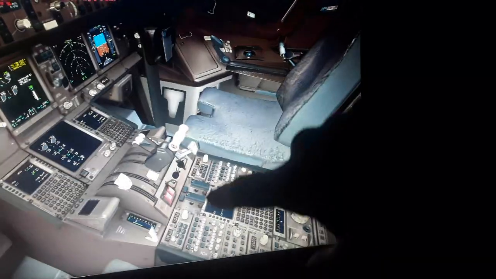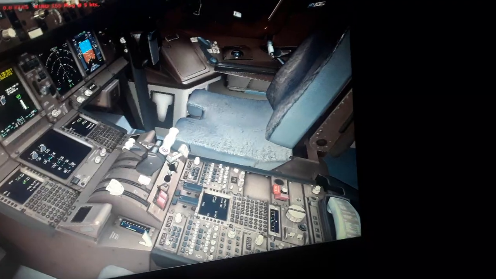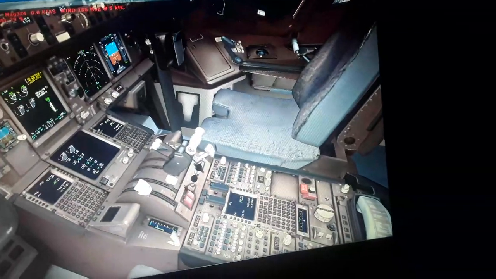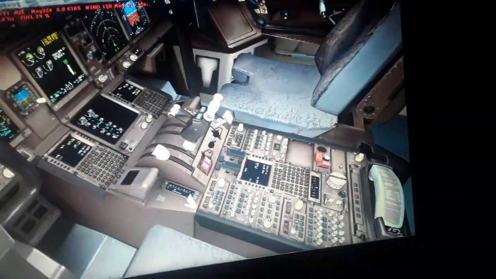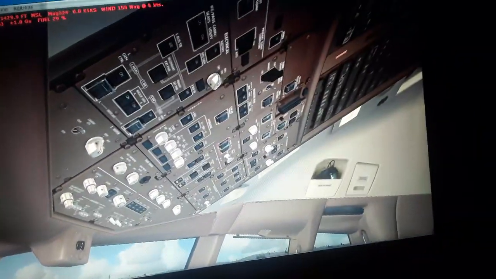And I'm gonna come to the thrust levers, and also the pedestal, what it contains around it, and also the radio communication panel, the RMP. I'm gonna see also the overhead panel of the aircraft. After that,